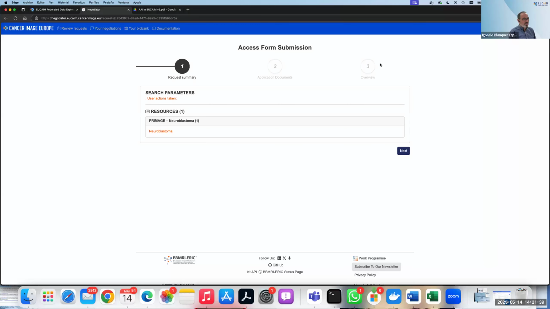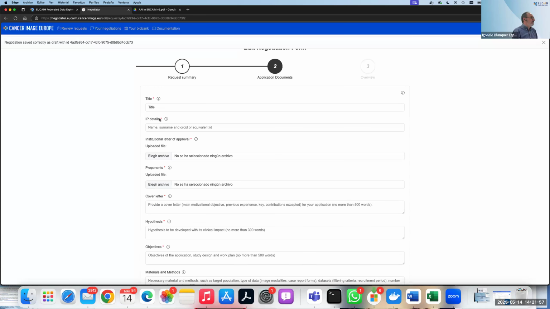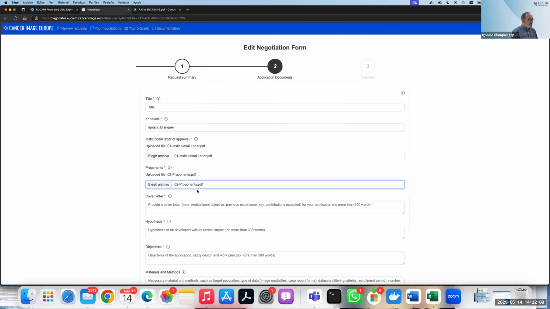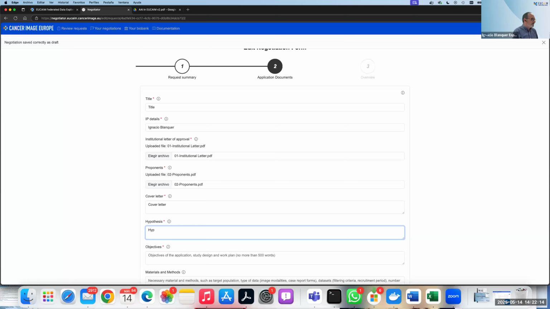So how does the request work? The request is performed through a tool developed by BBMRI-ERIC, which is the negotiator. Again, access to the data is performed under permission given by the access committee. So I will make a request. In this request, I have to give a title. I have to give my details. And I provide some information, like for example, the institutional letters, my consortium details, a cover letter, a hypothesis,